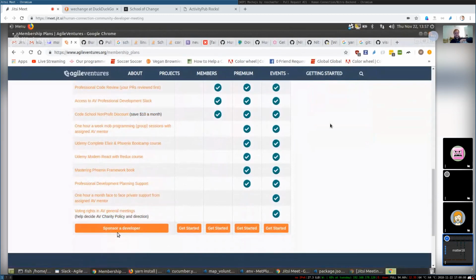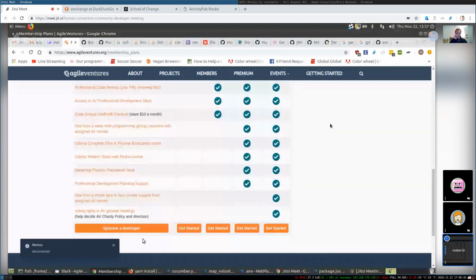And you can also sponsor a developer as well. A lot of our members are from areas that typically don't have a lot of money to be able to pay for learning programming. Development is something that you can learn by yourself, and there are lots of free courses, but this is learning it in a way where you have some support, and you can bounce your ideas off of other people, or if you get stuck on something,